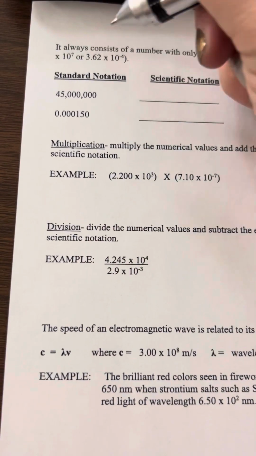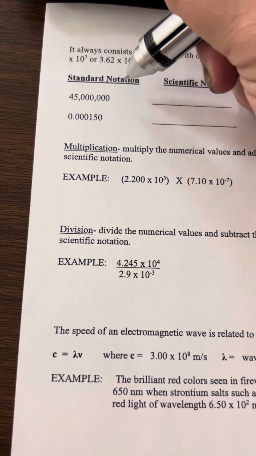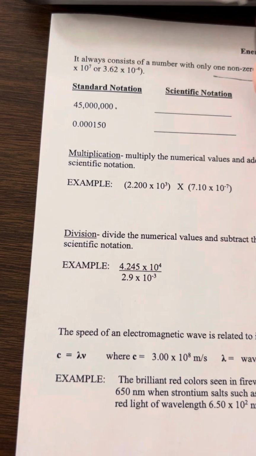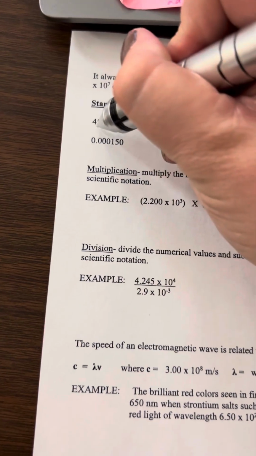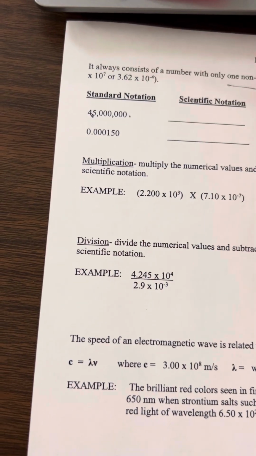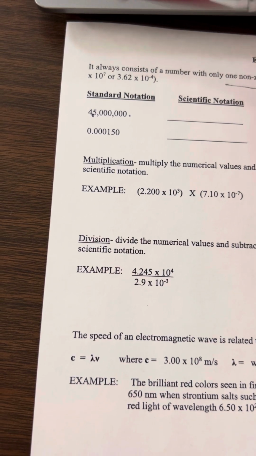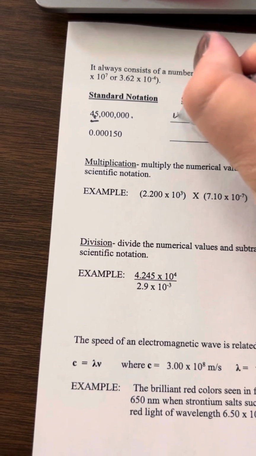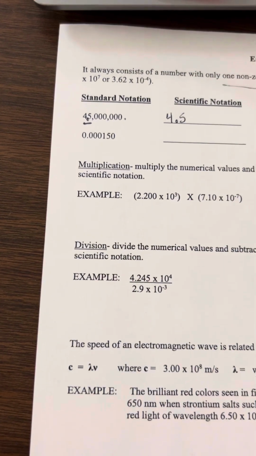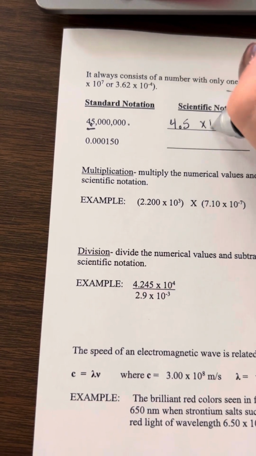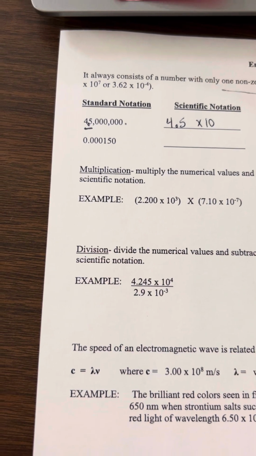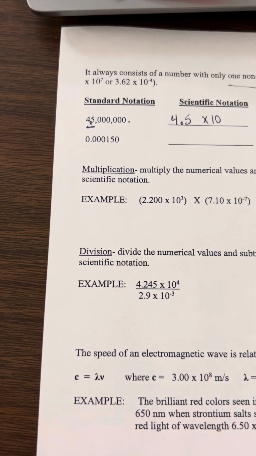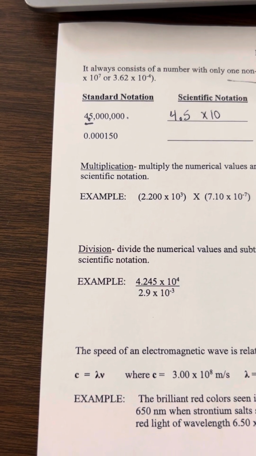So I need to move the decimal to where only one number that isn't zero is in front of the decimal. The decimal is always at the end, right? So it's here. I need to move it to here. That's what it's going to move to. All right, so I know that I'm going to end up with it being 4.5. But it's going to be times 10 to some kind of exponent, and I don't know that yet. So I have to hop this decimal back and figure out how many times it had to move,